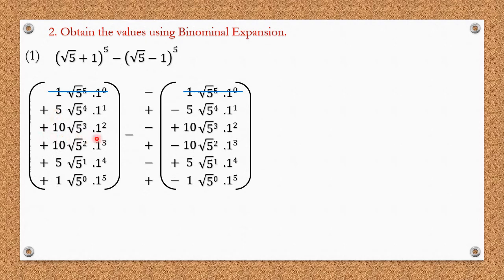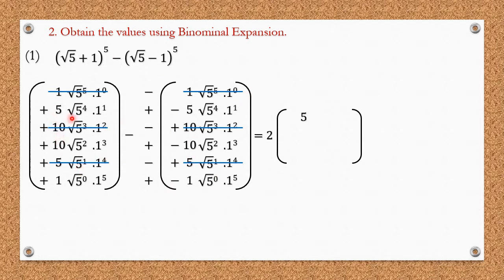Next, this is a positive term and this similar term here is negative. So we are going to cancel it out. Similarly, these are positive terms. Let it be. Again, 5 root 5 raised to 1, 1 raised to 4, and 5 root 5 raised to 1, 1 raised to 4 are similar terms with negative sign in between. We will cancel them. Last terms both have positive signs, so let them be. That means out of these two expansions, 1, 2, 3, 4, 5, 6 terms have been removed, and the remaining